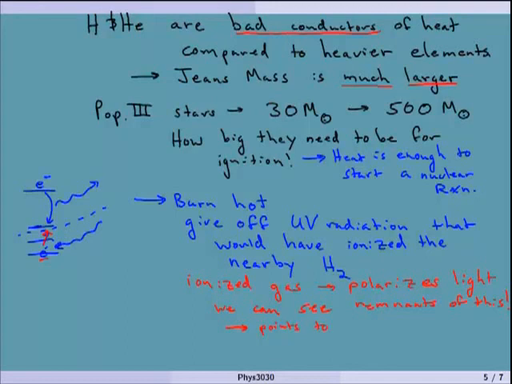and so this points to the existence of these population 3 stars. Okay. One of the places where this polarization is seen is actually in the CMB, right? We see this in the CMB, and specifically in the WMAP satellite data. We see this polarization. It actually requires pretty early population 3 stars. All right,